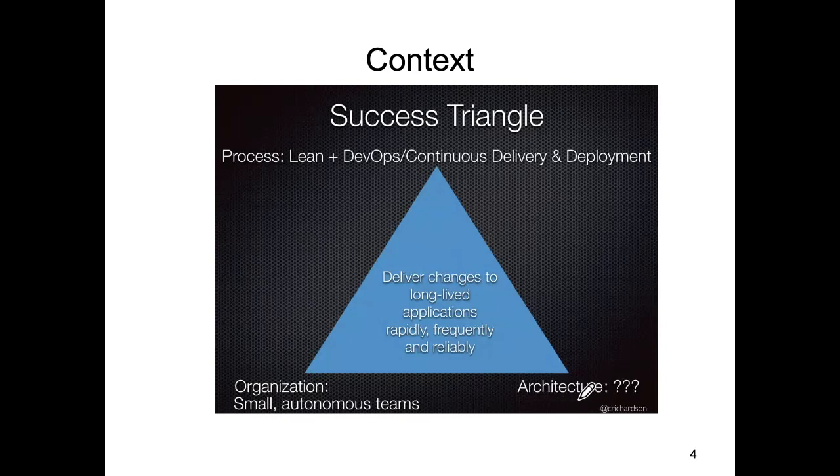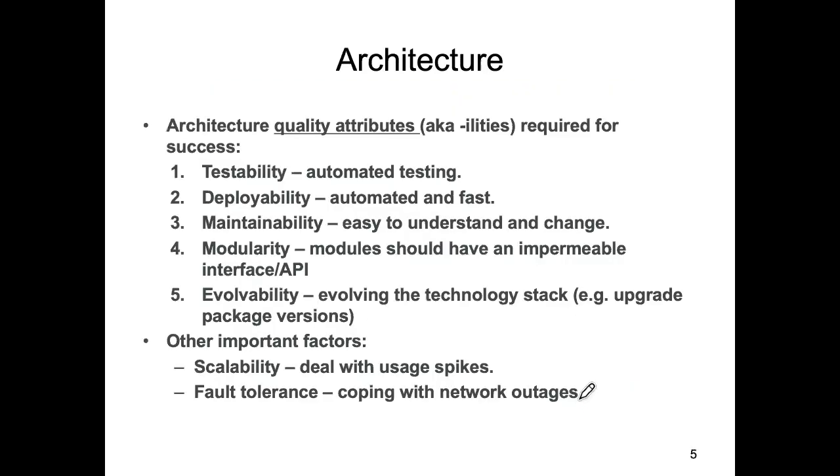So let's talk about architecture. Generically, there are some what I call quality attributes that you can use to measure whether an architecture is a good architecture or not. These are often referred to as the ilities because they all end in ility in some form or another. And so going down to them, number one is the testability